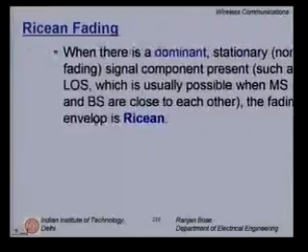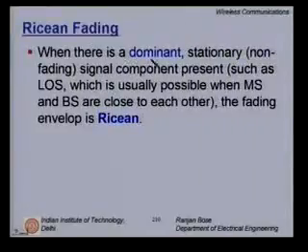Now let us look at the other realistic scenario, that you are indeed closer to the base station, or you have a single dominant reflector. In either of the cases, not all of the reflected components are equal in strength. So even then when they add up, they do not form a Rayleigh distribution, but something called the Riccian distribution. So when there is a single dominant stationary, non-fading signal component present, such as the LOS, which